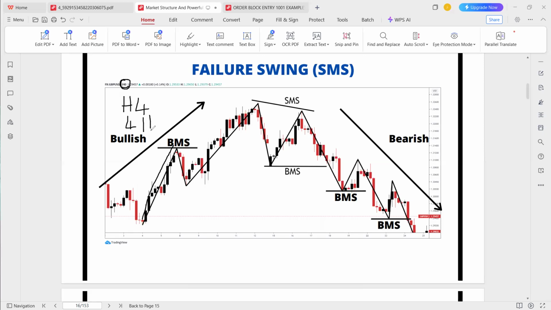Depending on the broker you're using, these time frames can be denoted in minutes, or like H4 or 4H. This is the 4 hour time frame. This means the author is using a higher time frame to figure out what the market is doing, then patiently waiting. You can just imagine that after this break of structure here, while we wait for the retracement,